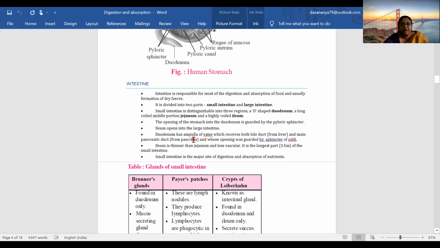The duodenum has an ampulla of Vater. This ampulla of Vater is the part, if you consider this is the stomach and this is the duodenum part. This ampulla means wide part, which is receiving the secretion of the pancreatic gland as well as the secretion of the bile gland. Okay, so this is the bile gland,